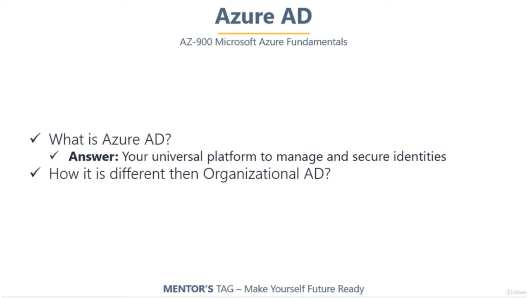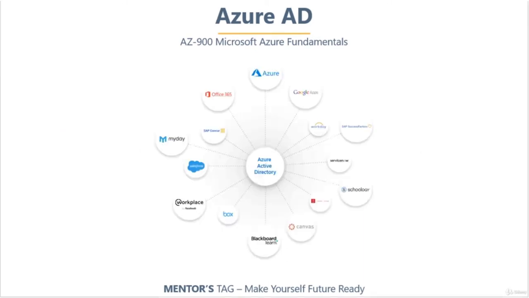We'll focus on identity in depth later on, but right now, even Azure AD is not this simple with this one-line definition. To understand Azure AD, you have to understand a couple of features and the services provided in Azure AD, as well as the different offers, or I can say different versions of Azure AD, which are available to us. As you can see in this diagram, Azure AD is not one simple directory, but actually an Active Directory which is going to have a group of users and roles associated with it,